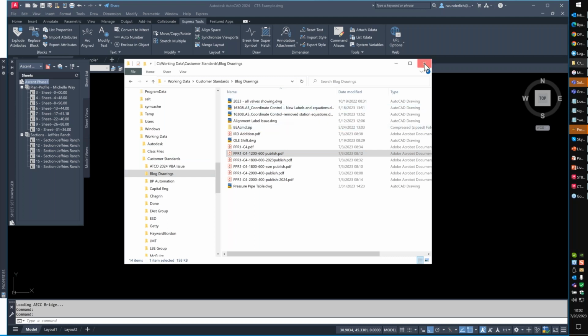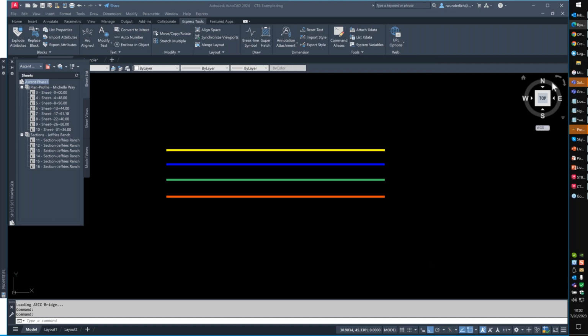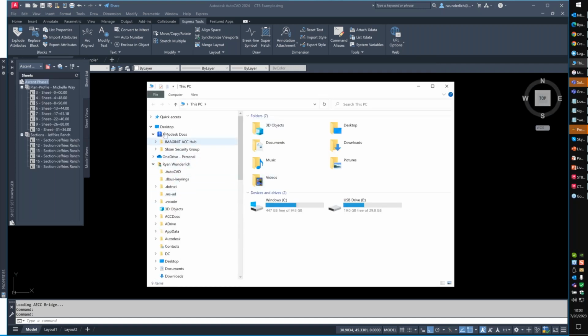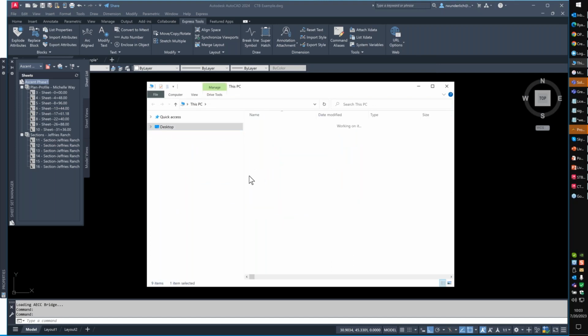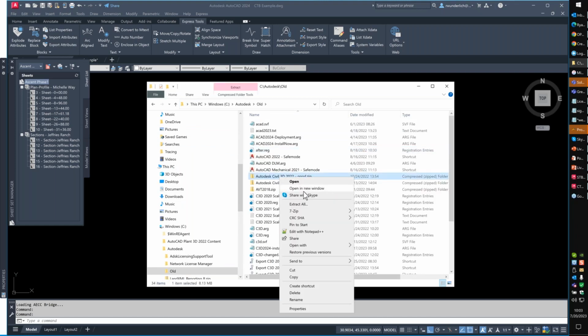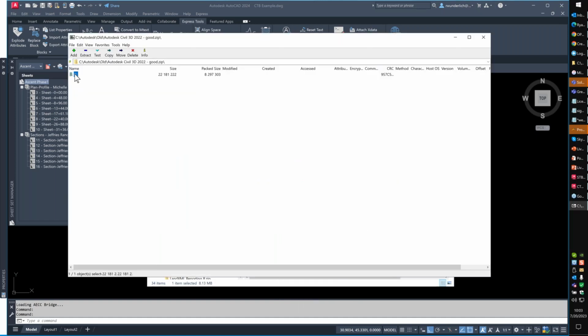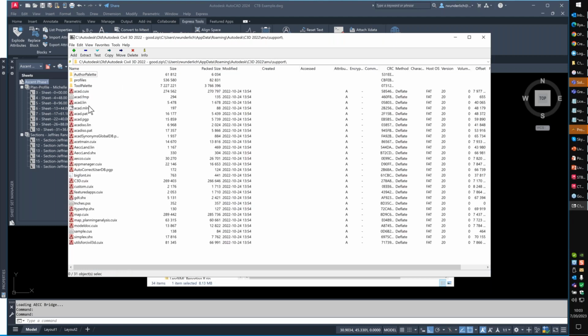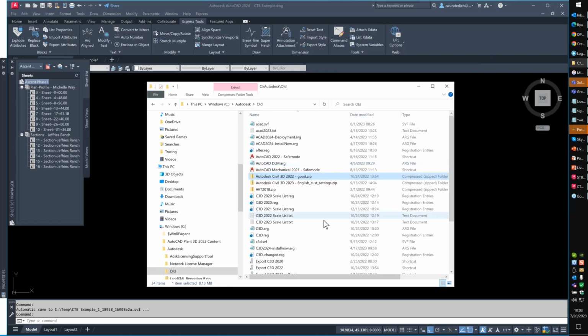If I export my settings in AutoCAD or Civil 3D or wherever I export my settings to, it creates this zip file. Let's see if I can get to that zip file. I have one in here, right? So here's my known good for Civil 3D 2022. And it's a specialized zip, and you're going to see in here, I have stuff from program files, program data, and users. And you're going to see it captures everything in my roaming profile here, all my data links, all of my plotters, all of my support. Basically everything that I am using that I have modified or changed, like my ACAD QE, my personal PGP, things like that. When I use the import and export, it captures all of that,